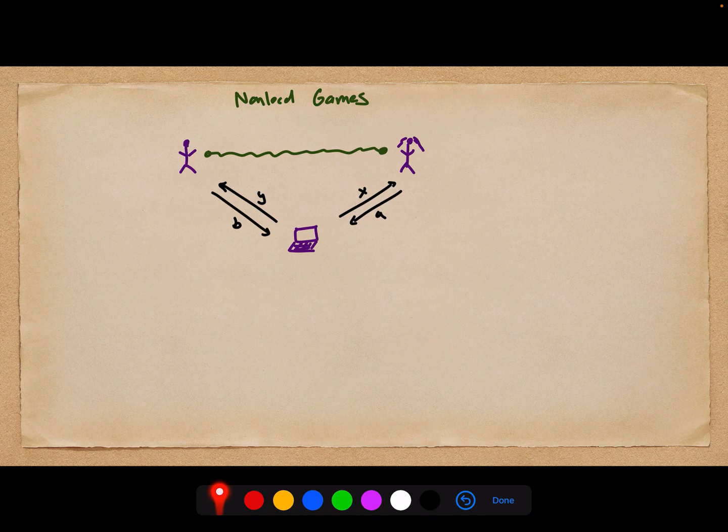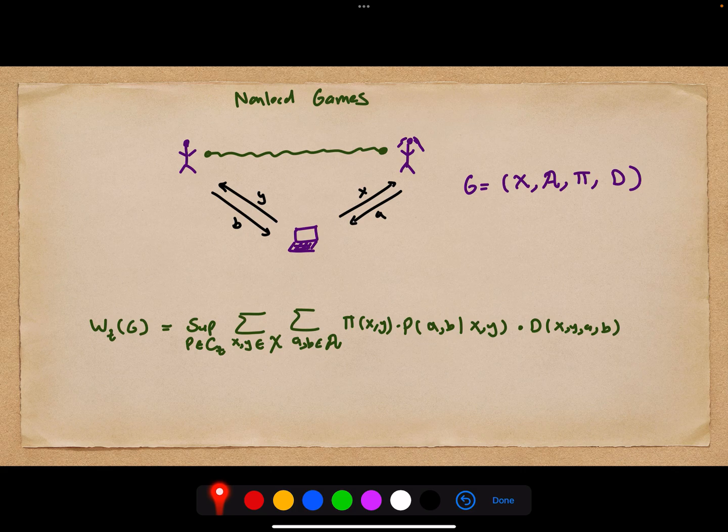These are games played between two players, Alice and Bob, and a verifier. Once the game starts, Alice and Bob cannot communicate with each other, but they can agree upon a strategy beforehand to try to maximize the probability that they win this game against the verifier. And in certain strategies, we allow Alice and Bob to also be correlated quantumly, namely share quantum entanglement. What we really care about here is the so-called value of a game under some class of allowed strategies, which is just the supremum over all the winning probabilities over all the possible strategies in that class that Alice and Bob are allowed to use.